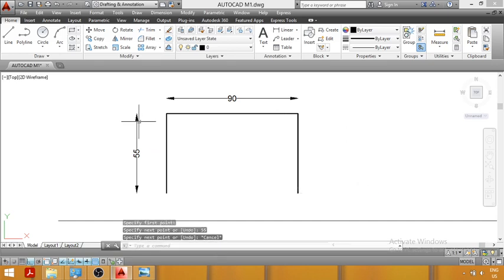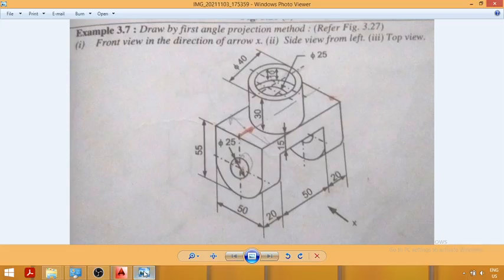So in the same way that we have drawn a line of 55 mm here, we will draw a line of 55 mm on the right hand side. So what does this line represent? Now from the figure you can see the line that we have drawn here is nothing but this line. So we have drawn a line of 55 mm which begins from this corner to the base.